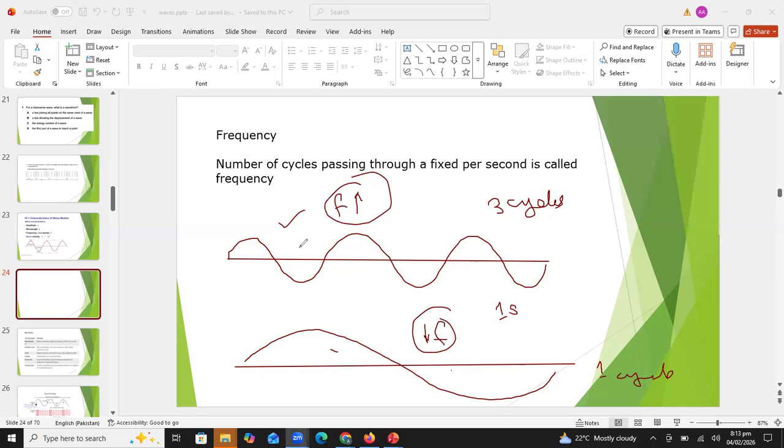Alright students, the frequency symbol is f. We will use the small f, and its unit is hertz. Hertz is a scientist's name. You can use the symbol capital H and small z. Hertz is a unit of frequency which equals second inverse. All these are units of frequency: Hertz, Hz is the symbol of hertz, and second inverse is also a unit of frequency. Are you understanding this thing, students?